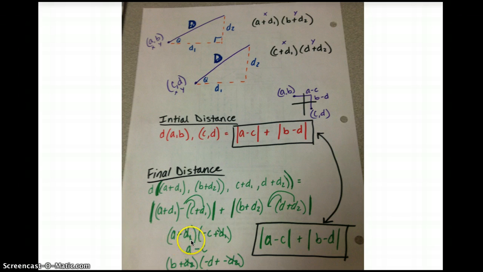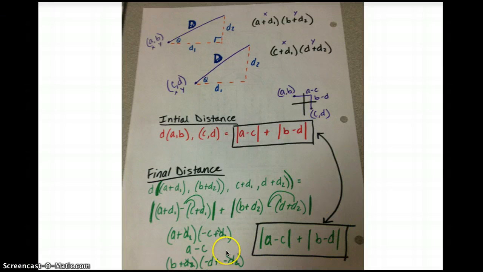and then we do A plus D1 minus C plus negative D1, sorry. And the D1s get x'd out and we get A minus C, and then B plus D2 minus, or negative D plus negative D2, and the D2s x out and it's cut off here, but you get B minus D,